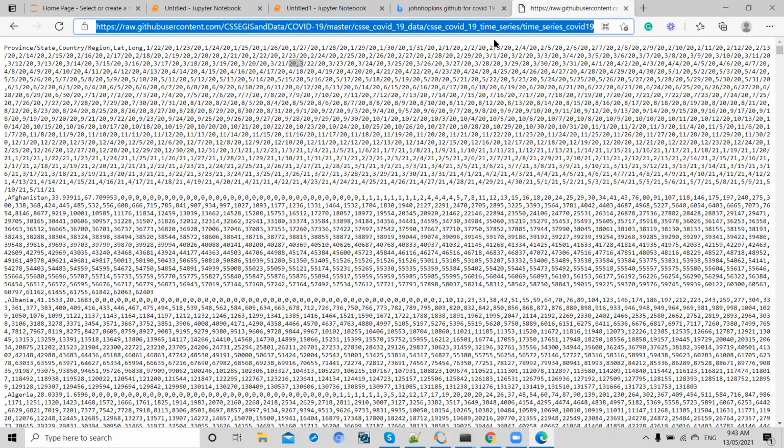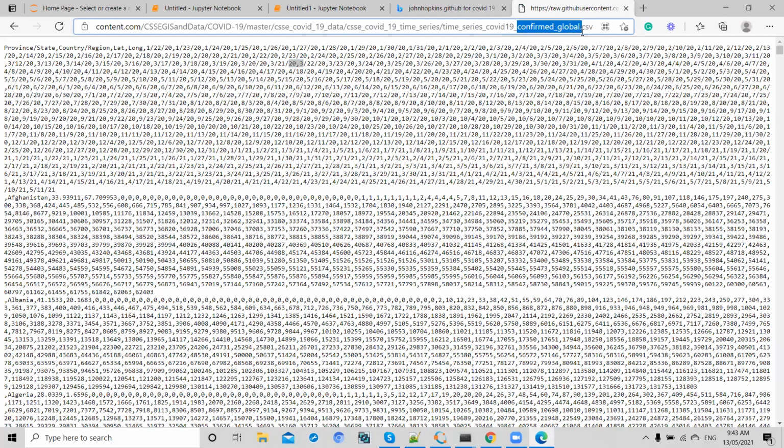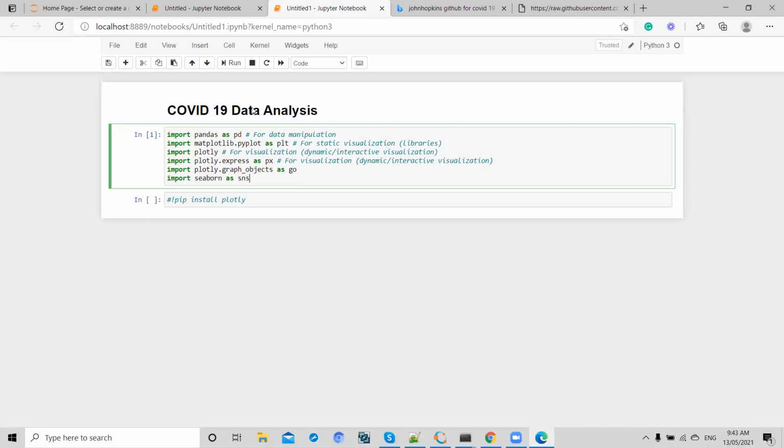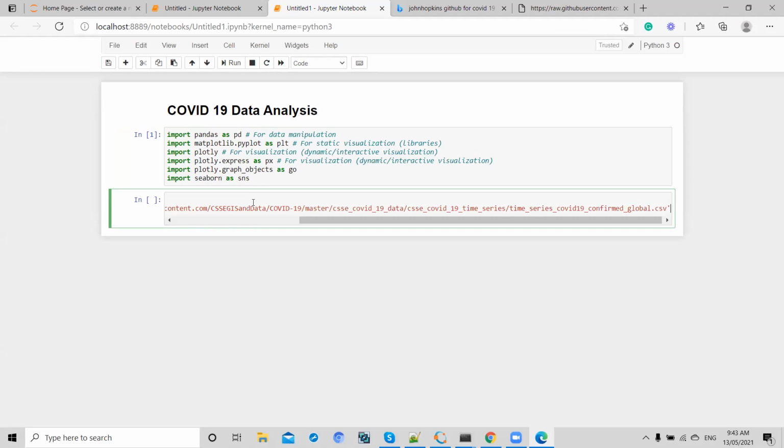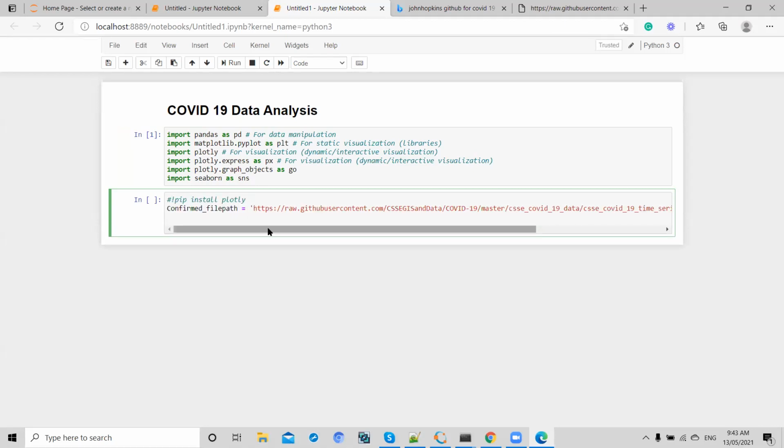This is the confirmed cases of the whole universe. You can see here confirmed global, right? So we'll copy this path and give this name as confirmed underscore file path. Store this here. So this is the file path for confirmed cases, and for that underscore